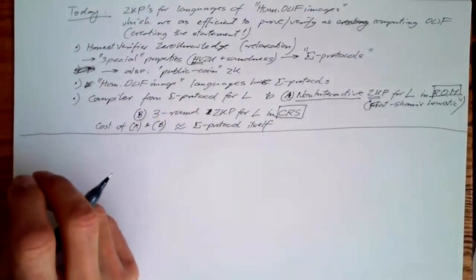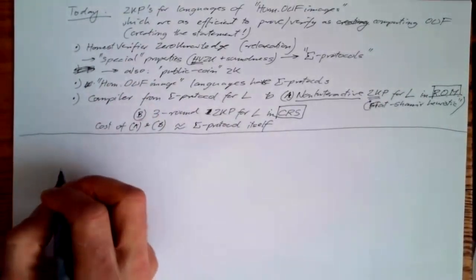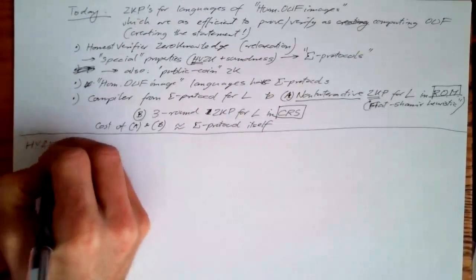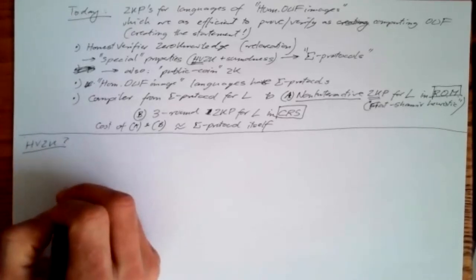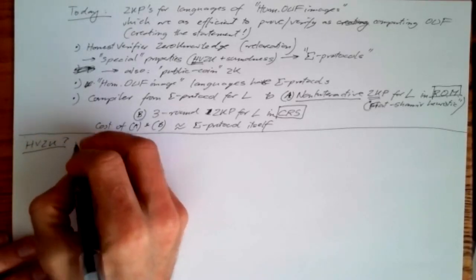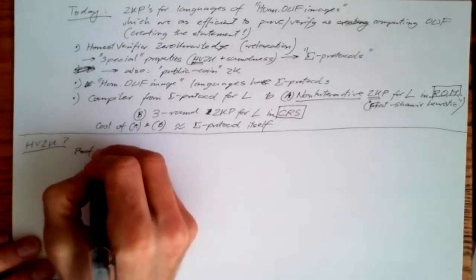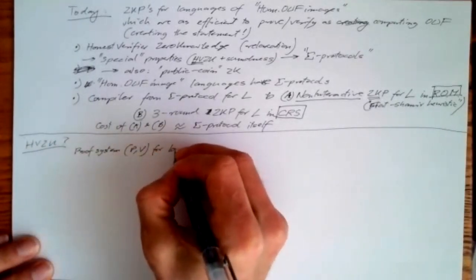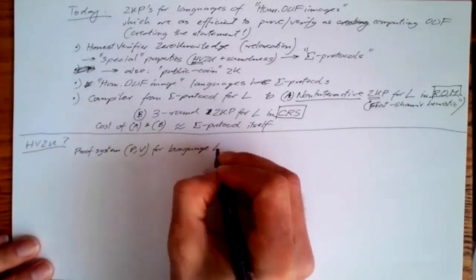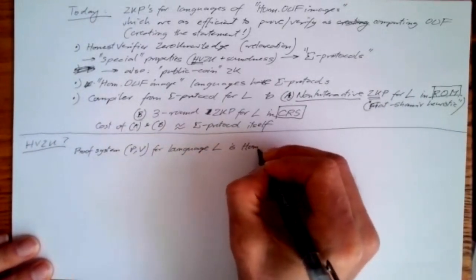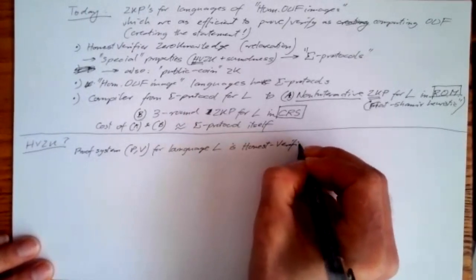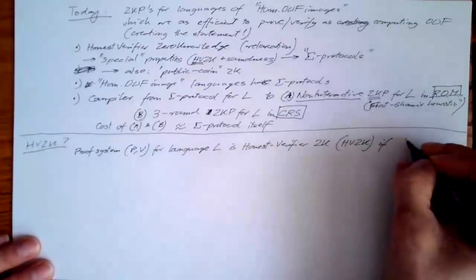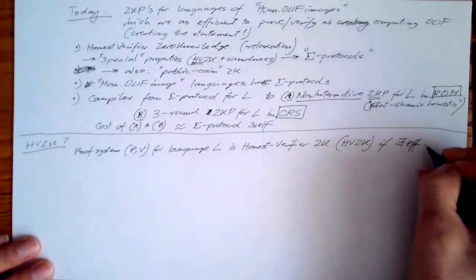Okay, so this is the plan. So what is honest verifier zero knowledge? A proof system (P, V) for language L is honest verifier zero knowledge, HVZK, if there exists an efficient simulator such that